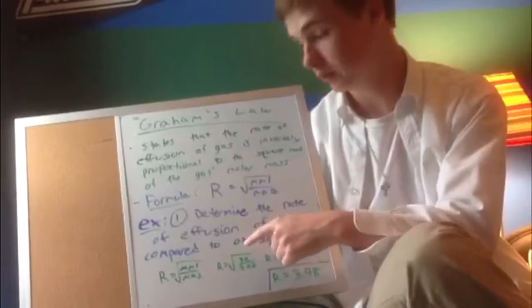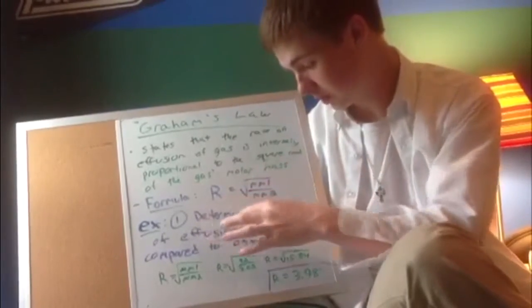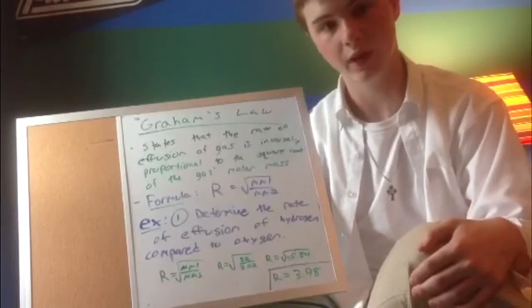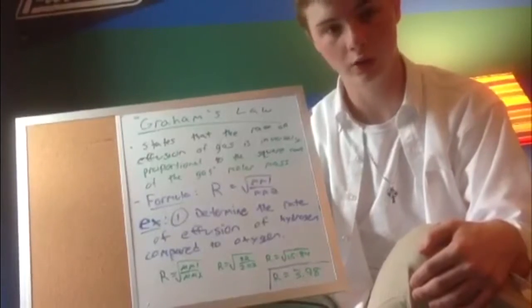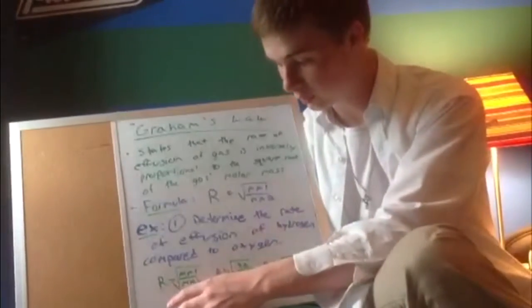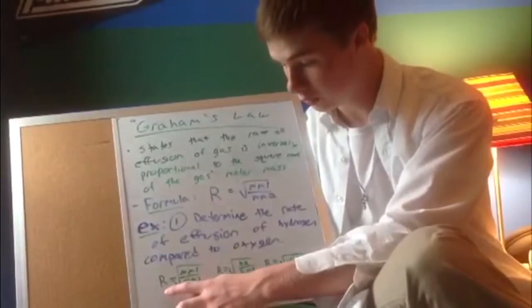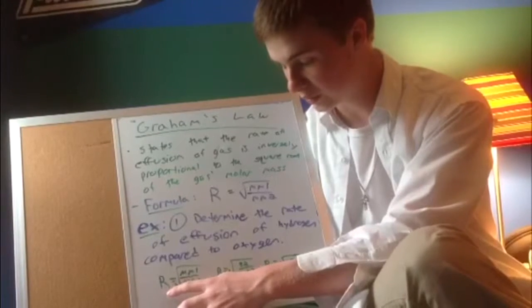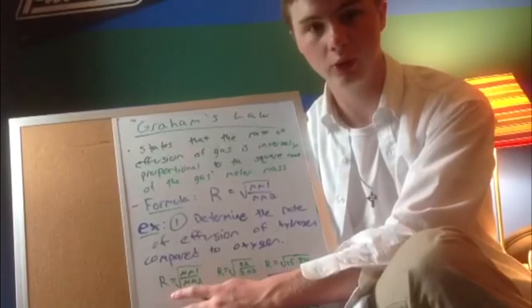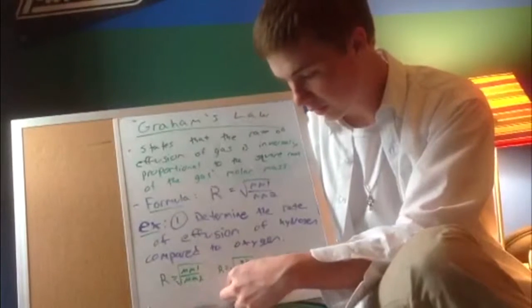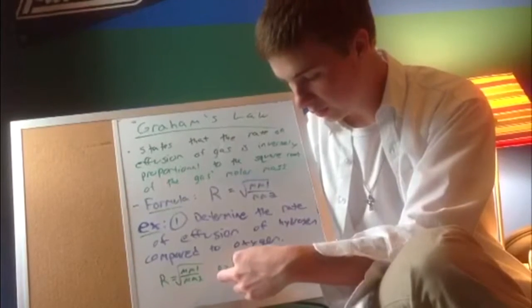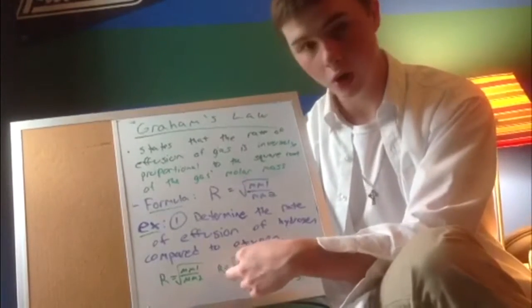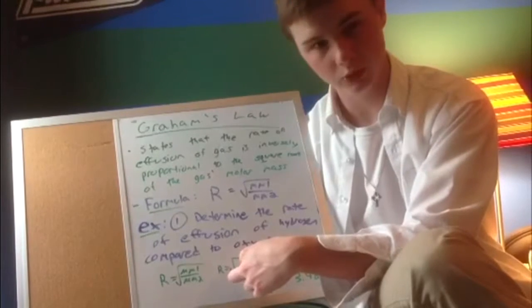And for the example, I have determined the rate of diffusion of hydrogen compared to oxygen, and this is how you would solve for it. You write down the formula, which is R equals square root of molar mass 1 over molar mass 2. Plug in the numbers. R equals square root of the molar mass of oxygen, which would be 16, but since